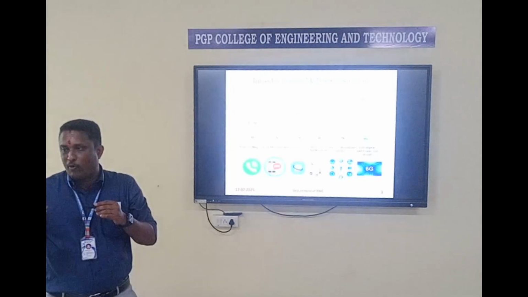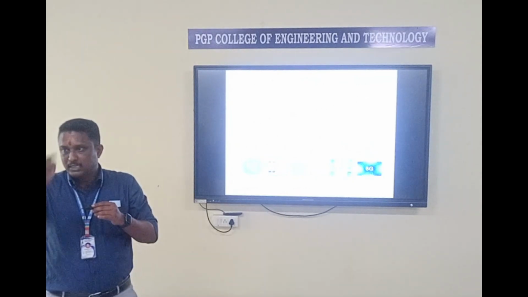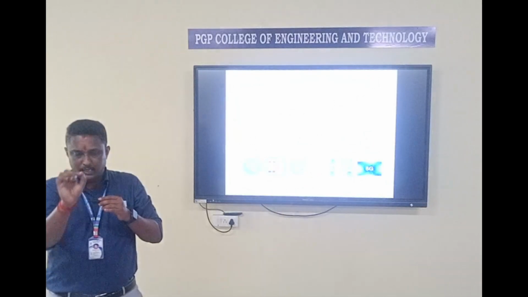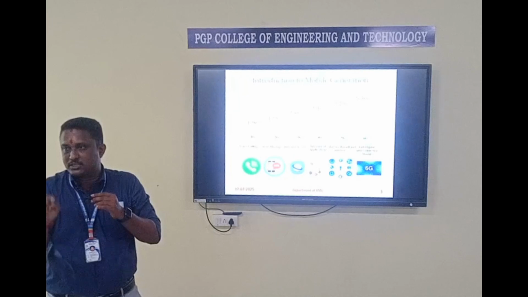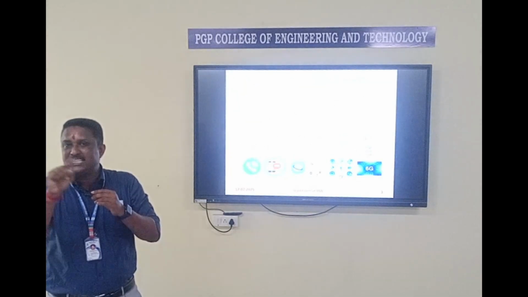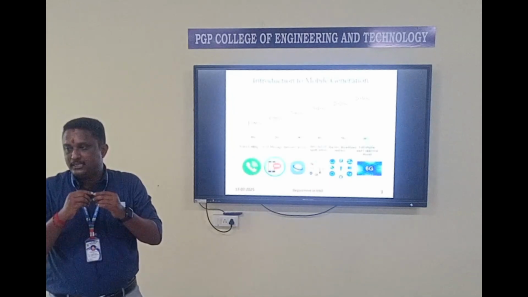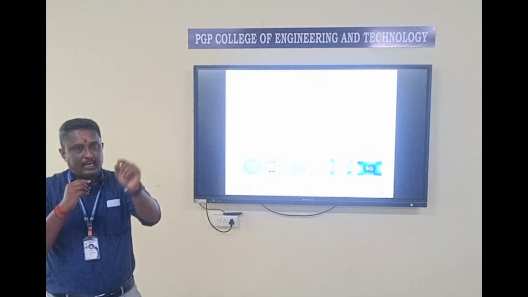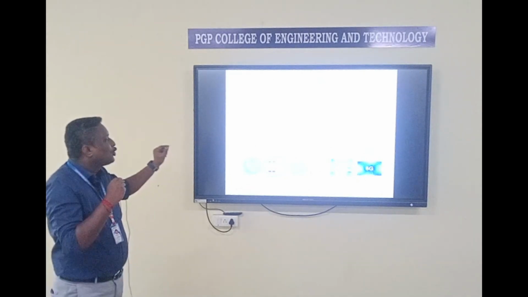So maybe you are in 2G technology at the time, and the E is coming in your mobile phone. The tower range is there, so when the tower range is nearby, the E is coming. Up arrow, down arrow is coming in your mobile phone. Somebody is seeing that E. So E is called EDGE, that is for 2.5G technology. So before 3G technology, in your mobile phone you will see that E, the up arrow, down arrow symbol. So that is 2.5G.